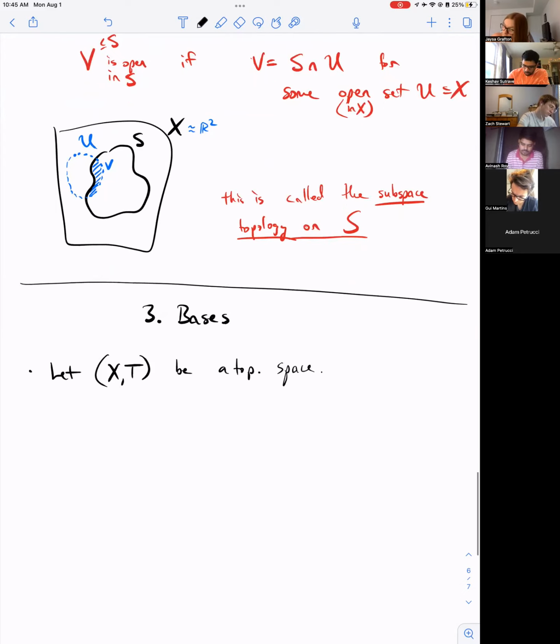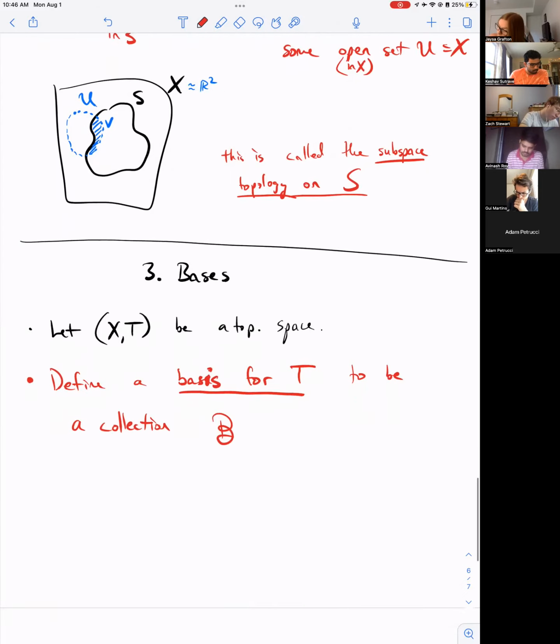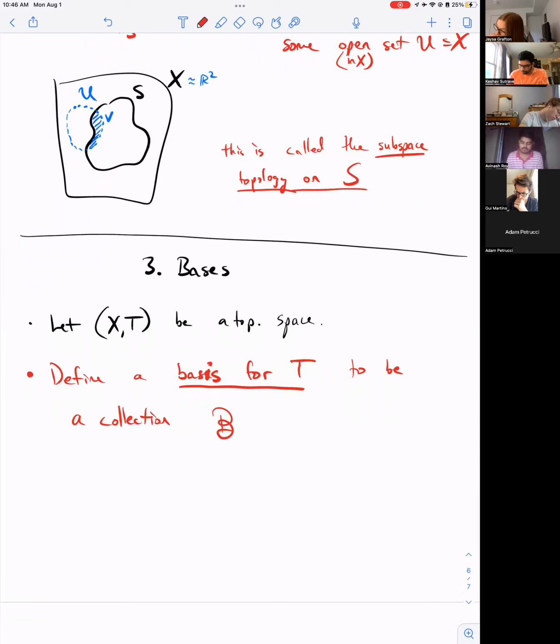I'm going to define a basis for T to be a collection, which I will call fancy B. It should be a collection of open sets, so it should be a sub-collection of the topology T, such that